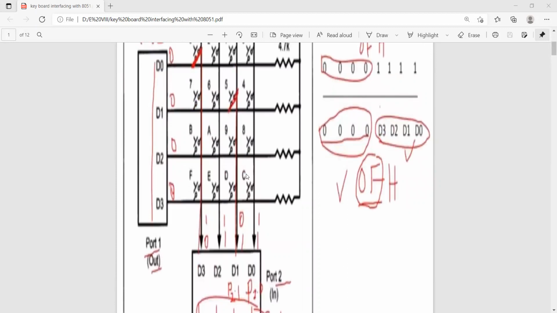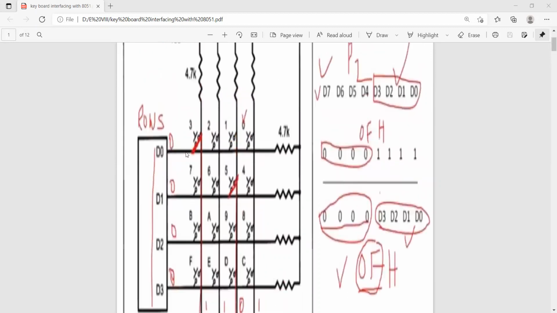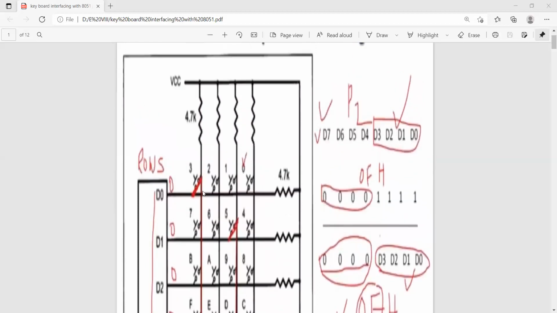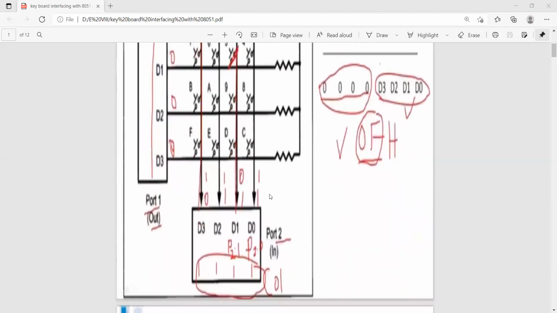At each junction of a row and column, there is a key. Now, the 4 row bits are connected to ground. Initially there is no connection, it is simply connected to the ground.